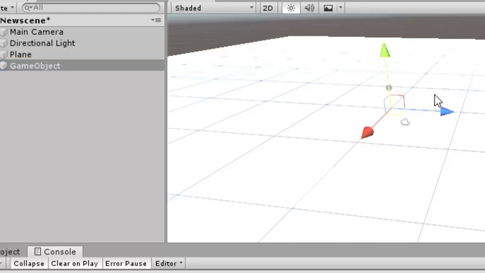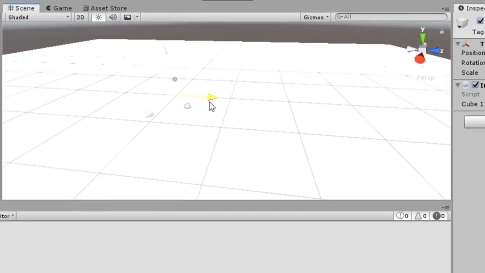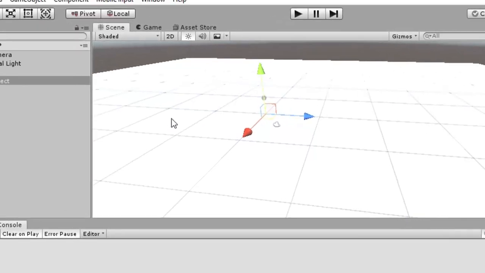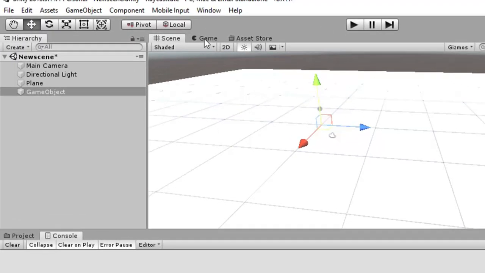Here we can see that this is the z direction, this is the x direction, and this is the y direction. I want to create the cubes sequentially in the z direction in order to create a systematic virtual environment.